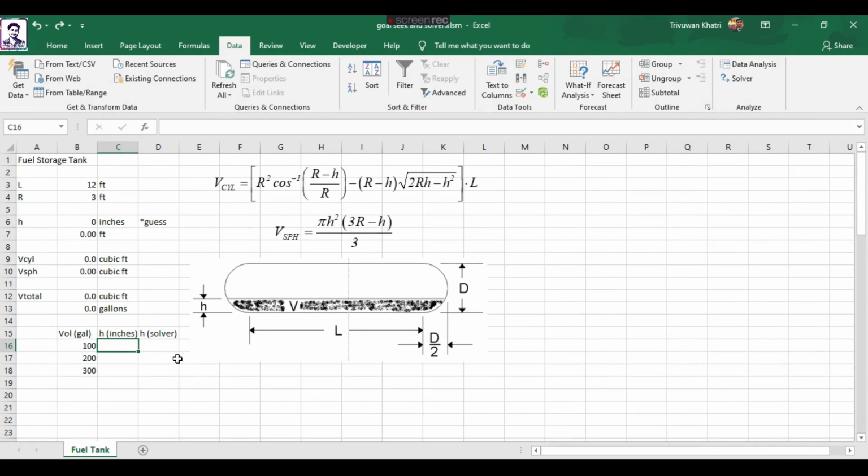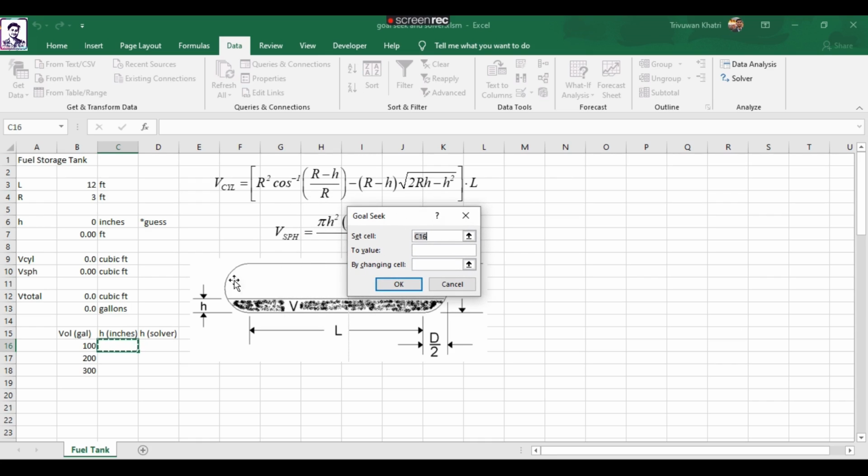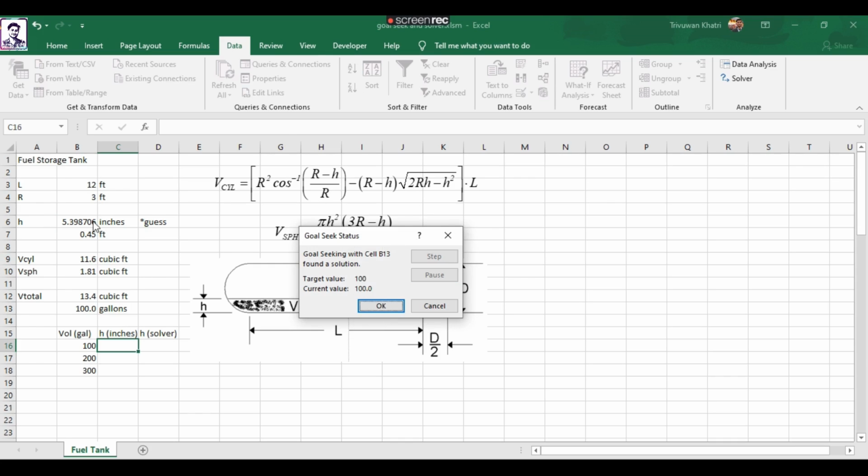As learned in the previous screencast, we can use goal-seek and solver tools to solve such optimization problems. Let's begin with the goal-seek. I click on what-if analysis and select the goal-seek. At first, I want to know what will be the height of liquid when it's filled up to a volume of 100 gallon. To determine that, I set the cell as B13 to a value of 100 gallons by changing the value height in inches,